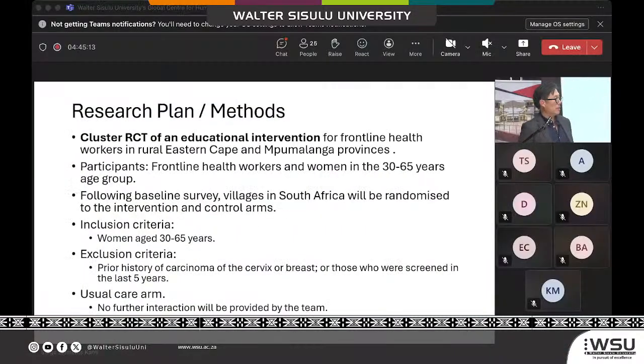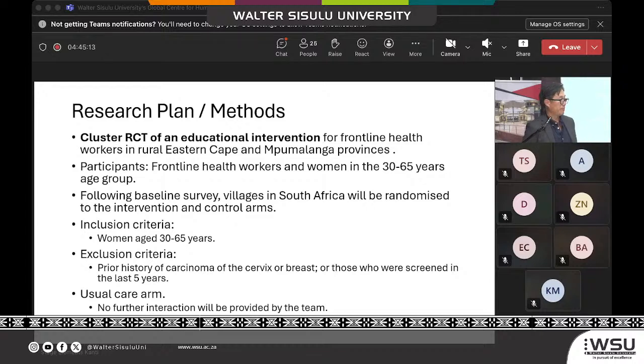So the methods that we would use would be a cluster randomised trial of an educational intervention for frontline health workers in the 2 provinces. The participants would be frontline health workers and women in the 30 to 65 year age group. And there'd be a baseline survey of villages in South Africa, which will then be randomised to the intervention